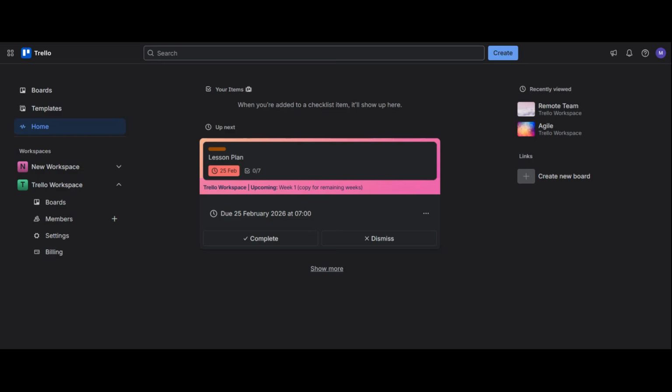In today's video, I'm going to show you how to use Trello boards step by step. Whether you're managing personal tasks, team projects, or planning content, Trello is one of the easiest and most powerful visual project management tools out there. And by the end of this video, you'll know exactly how to create boards, customize lists, add cards, and switch